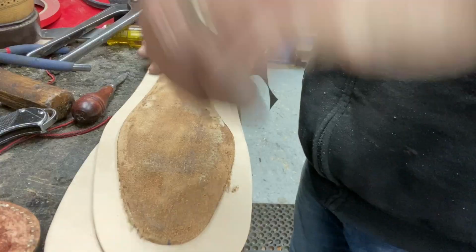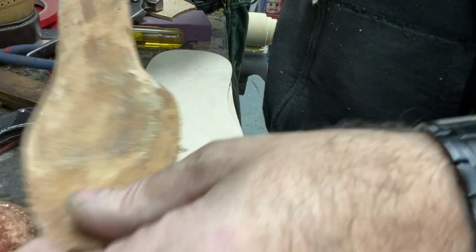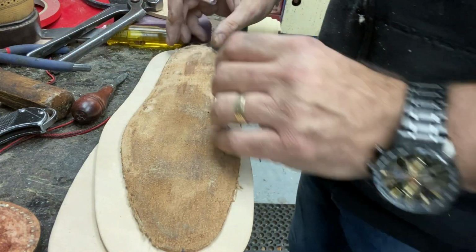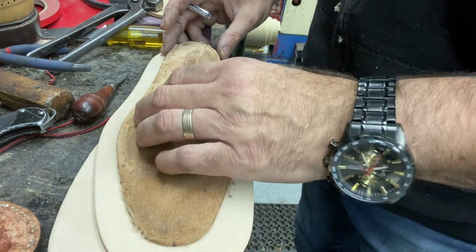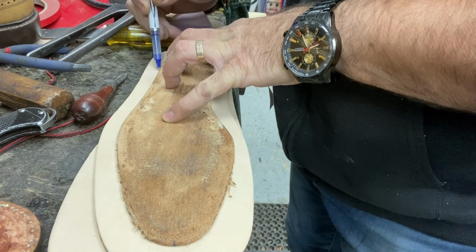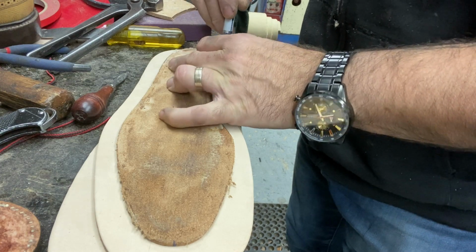Alright, let's continue. Now this is the footbed, okay? At this stage, we can make the width a little bit wider. This is a C. Now, the customer didn't request that. He does wear a 10.5D. So I'm just going to make it slightly larger because I'd hate for it not to be